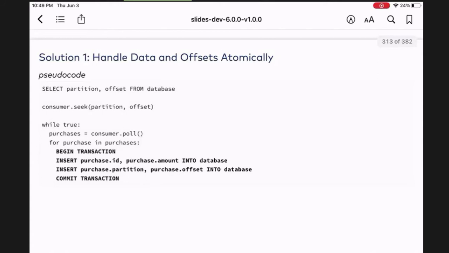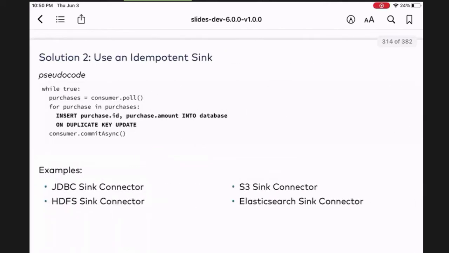We are going to talk about exactly-once semantics, which will avoid, well, not everything, but it will help you in some other situations as far as doing transactions. But you still need to know how to handle these kinds of situations. Then this one says use an idempotent sink. That's a second example right there. So the sink supports idempotent writes: I poll, I get my data, and then maybe I'm inserting into a database, and then I say commit async.